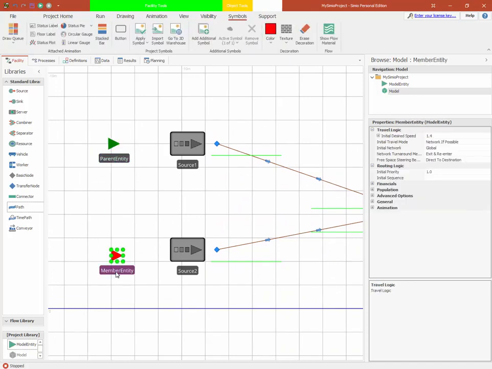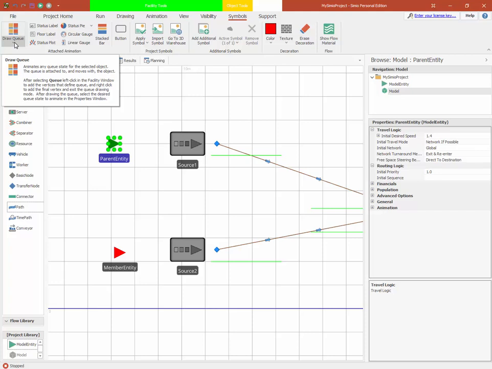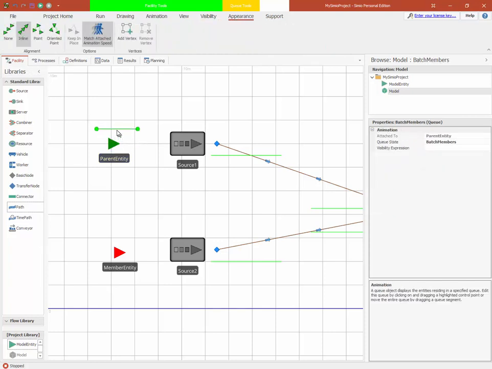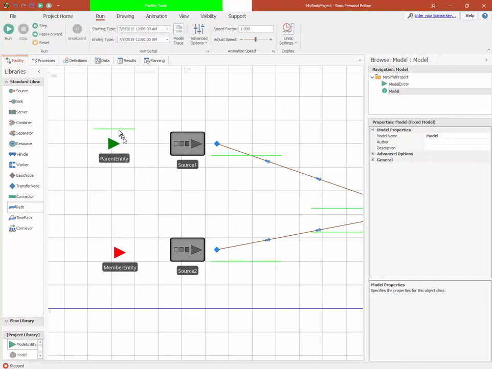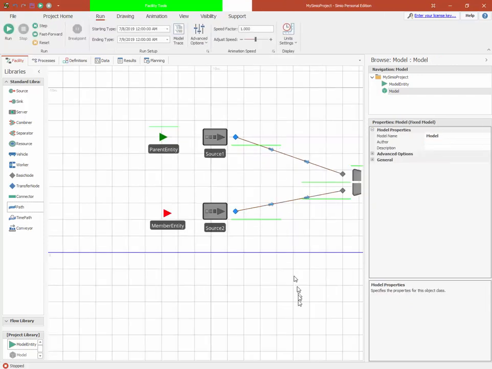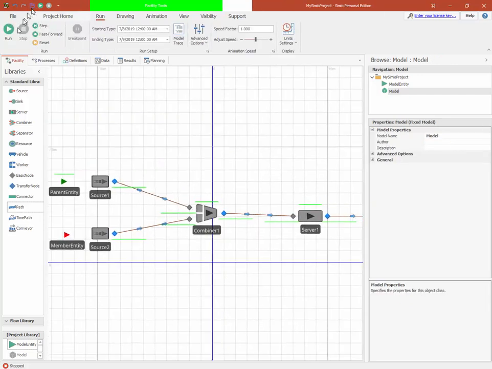So let's go to the parent entity, and if I click on the parent entity and then look at the draw queue item in the ribbon, we see an option for batch members, and we can just draw the batch member queue. I'm just going to draw it above the entity for the time being, just so we can see what it looks like. And so now when I click on it, I can see that this is attached to the parent entity and it's the batch member queue. And so when I now run my model,